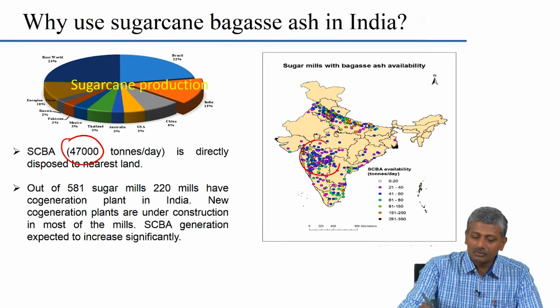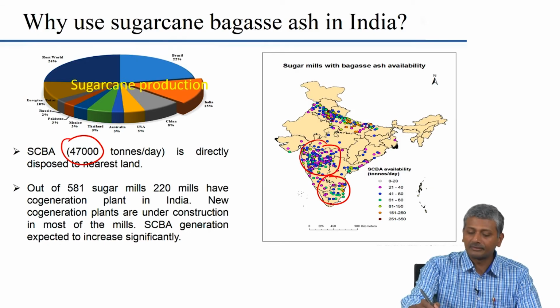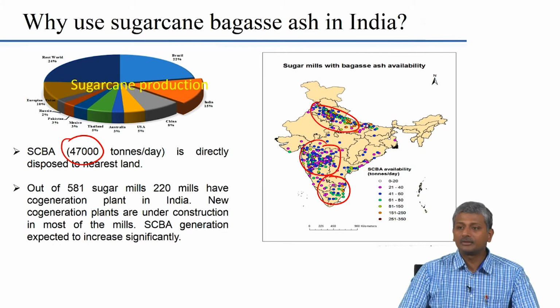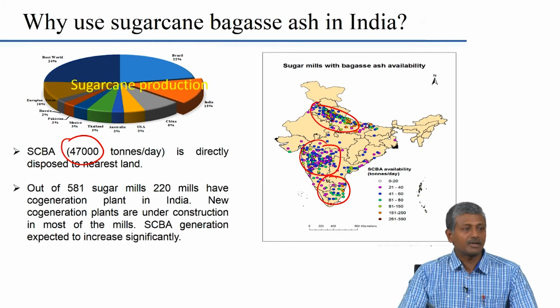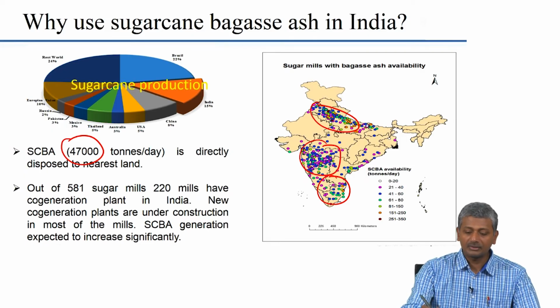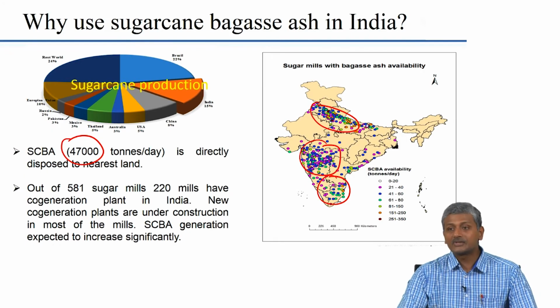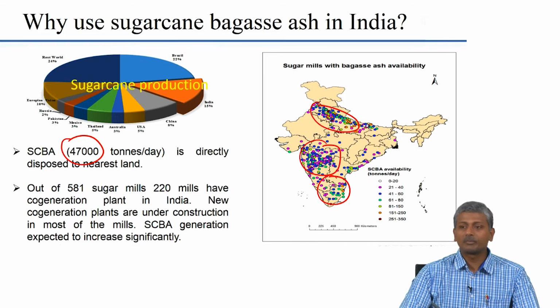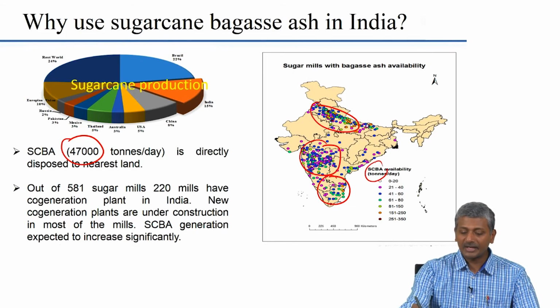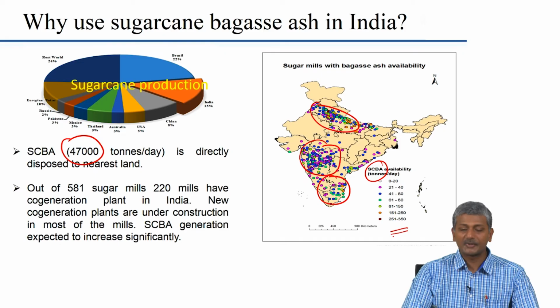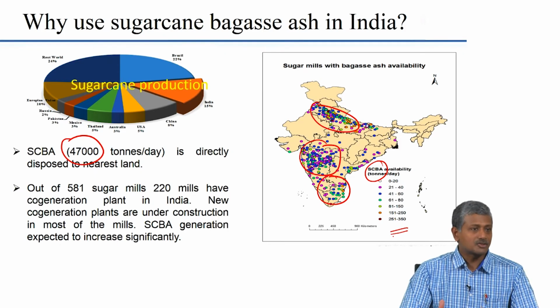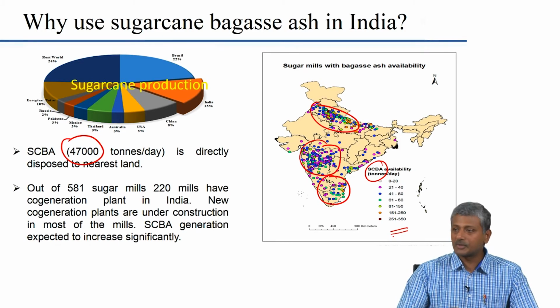that the concentration of sugar plants is in some states. Okay. So, here you have basically in the Indo-Gangetic plain, you have in Maharashtra, in Tamil Nadu and Karnataka, that is where you have most of the sugar plants located, and you can see here the bagasse availability in tons per day has been plotted, and there was an extensive research program that was conducted here by one of my previous PhD students,